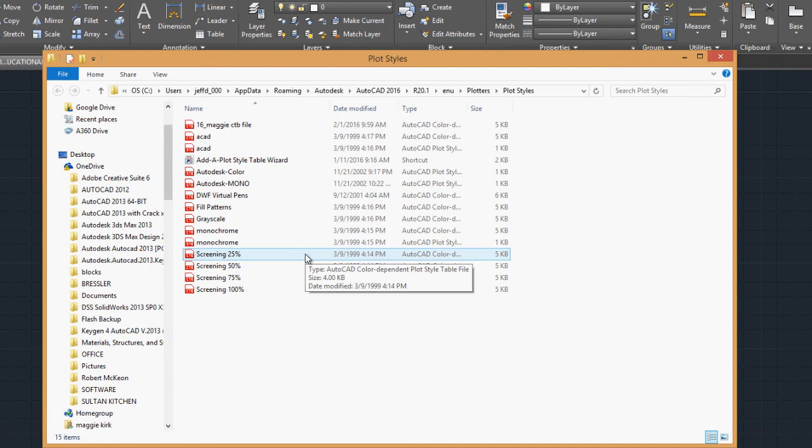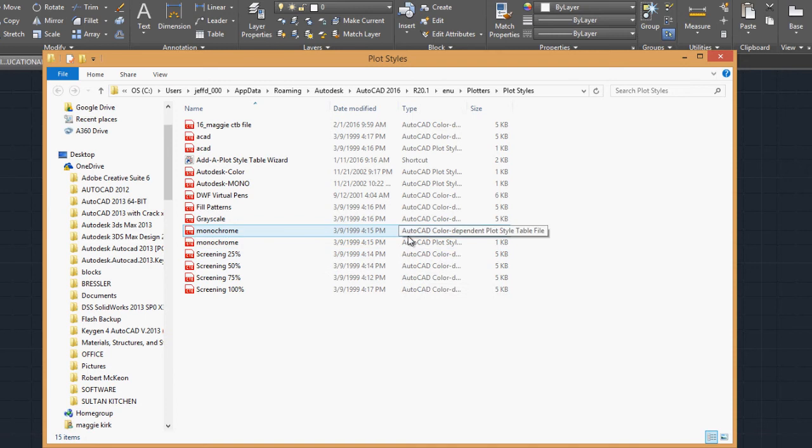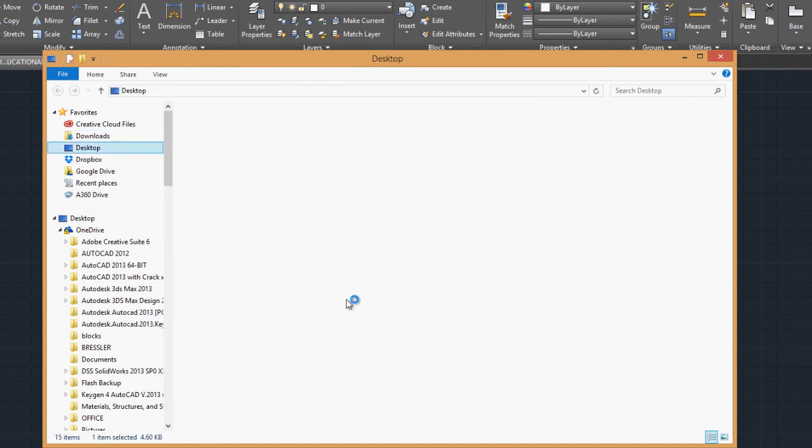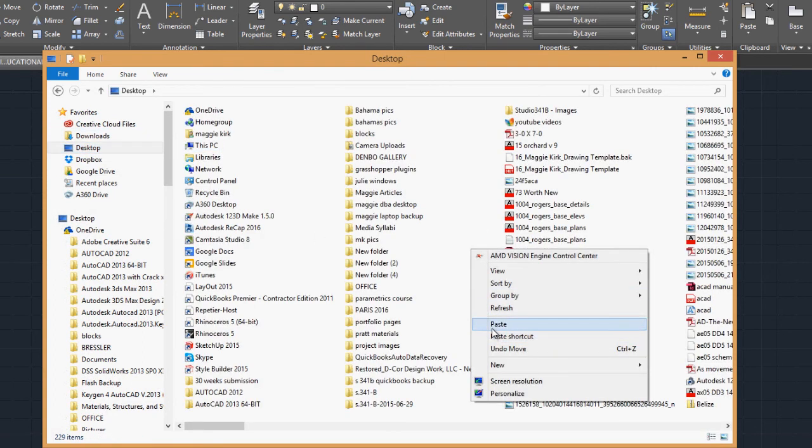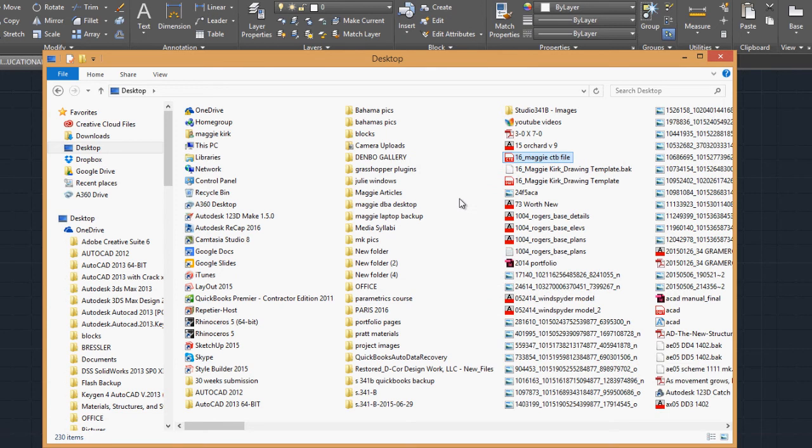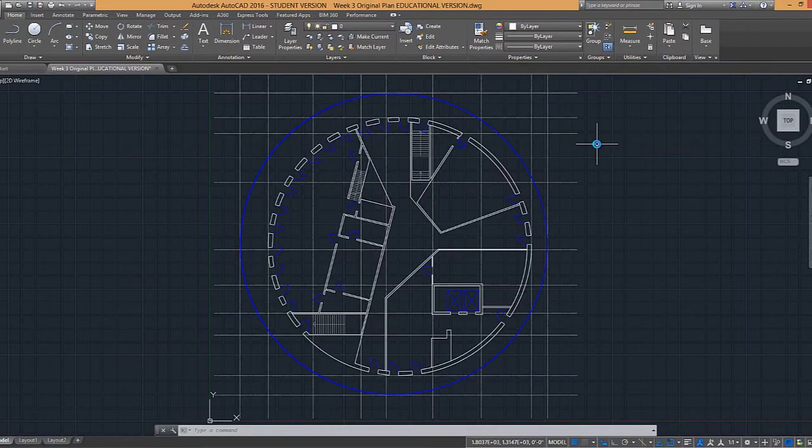Again, this area is where AutoCAD accesses the pen assignment files. Be sure that you find the one that you just created and copy it. So I'm going to copy this, and I'm going to paste it to, let's say, my desktop. The reason why is, again, that I can find it easily. Additionally, if I need to add my CTB file back to that location, say I go into my Styles Manager,